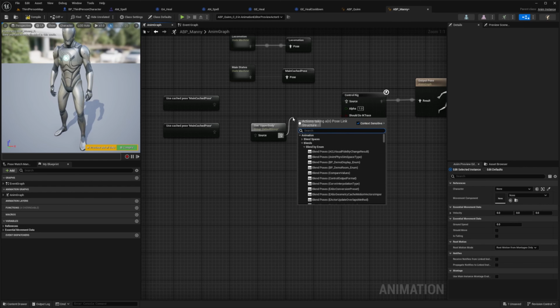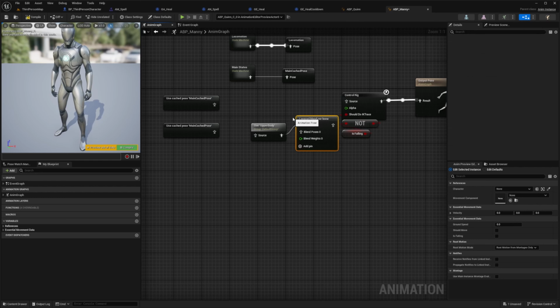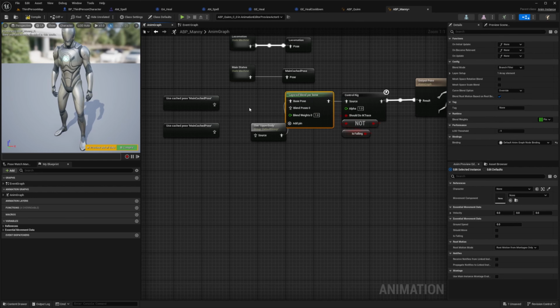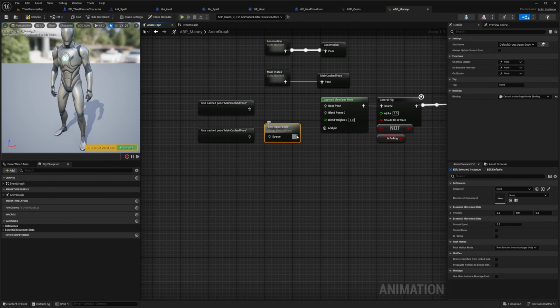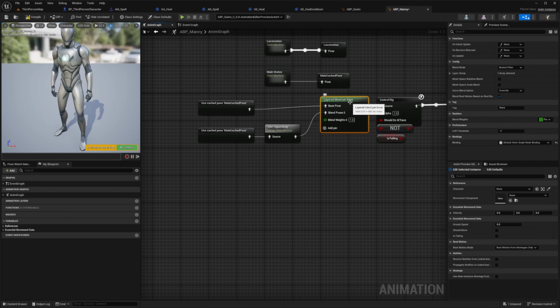And from here, I'm going to drag this out and look for a layered blend per bone. And I'll connect this to the control rig. And then I will actually just unpin this and reconnect this to the bottom one and connect this main cache pose over here and connect this main cache pose to the upper one. And now when I select layered blend per bone,